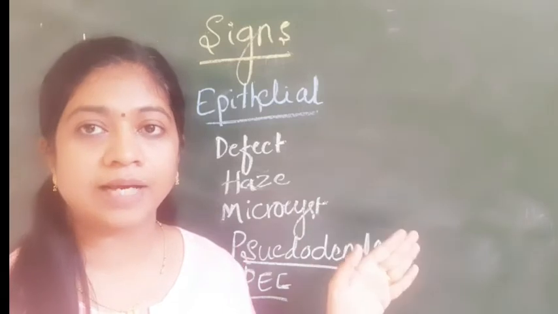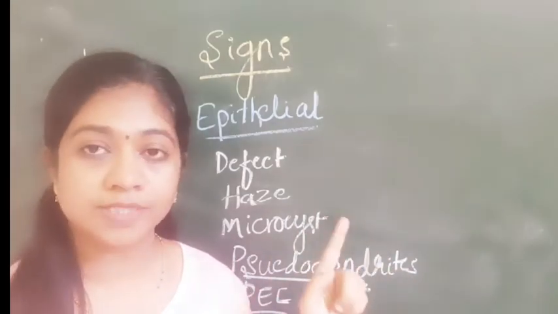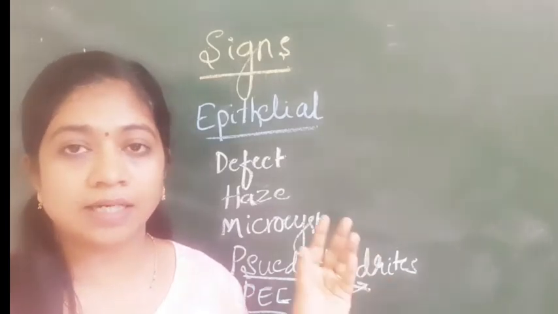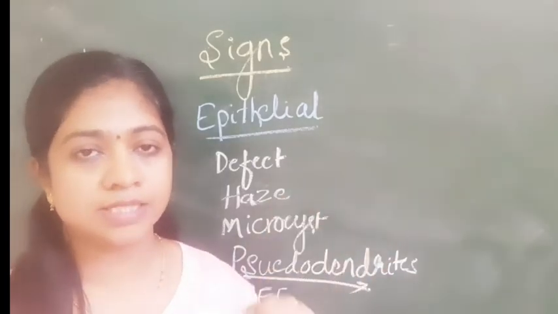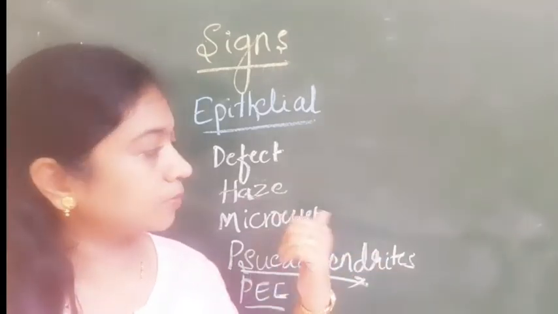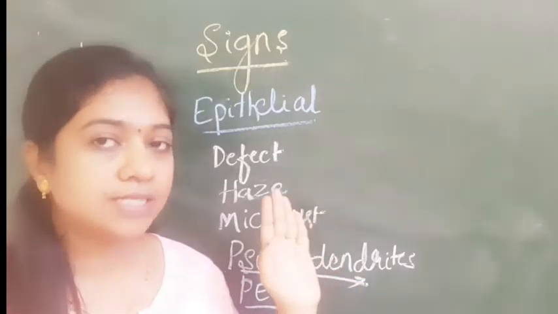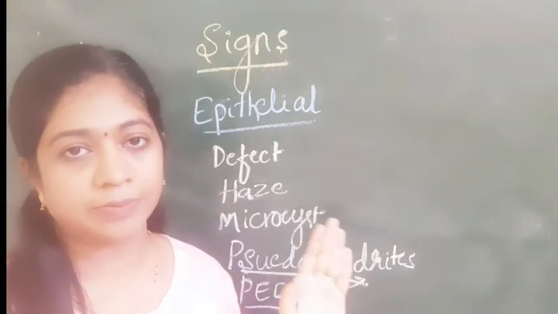The patient will have this waxing and waning even during the treatment course because of the life cycle which I explained. That is, the trophozoite will go into the cystic form, and again when the environmental conditions become favorable, they will again form the trophozoite and lead to the symptoms again. So there is waxing and waning of the epithelial signs in acanthamoeba keratitis.